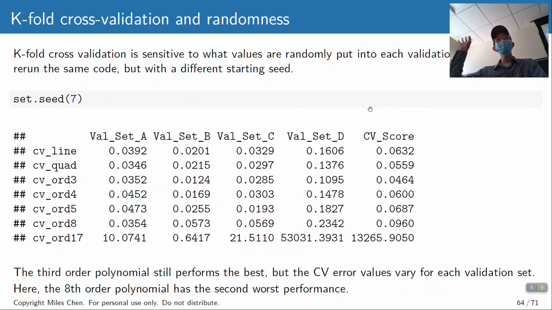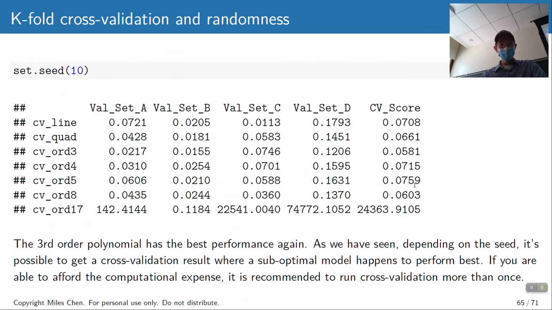I reshuffled the data and said, these 7 are going to be in validation set A, these other 7 in validation set B, these 7 in validation set C, and so on. When I did that, the best performing model according to the cross-validation score is the 3rd order polynomial, 0.0464. And if I did this again, shuffled it up again with set seed 10, the 3rd order polynomial again ends up with the best score,